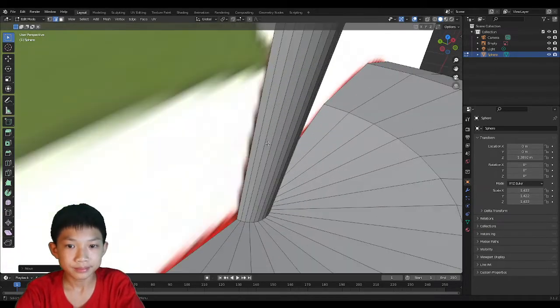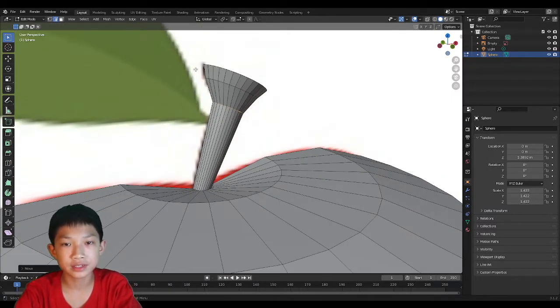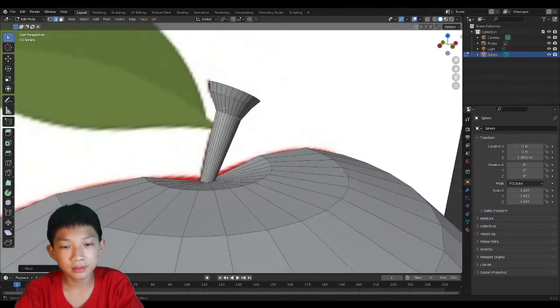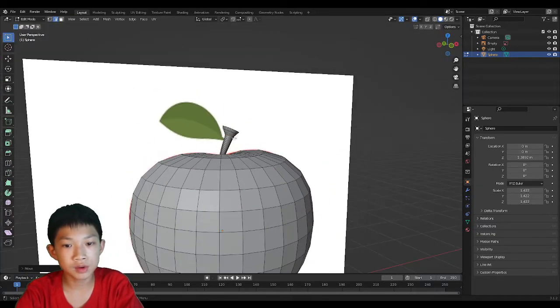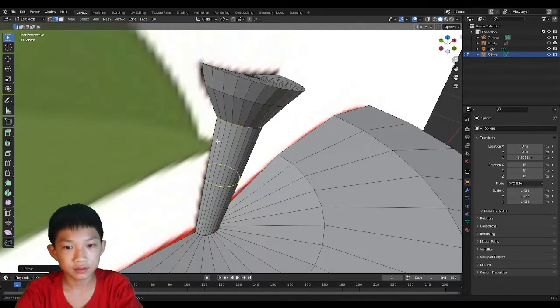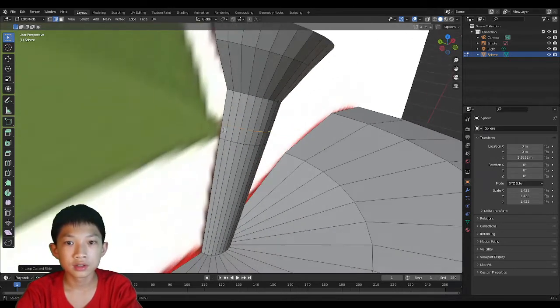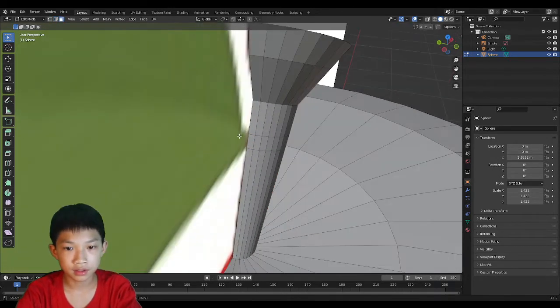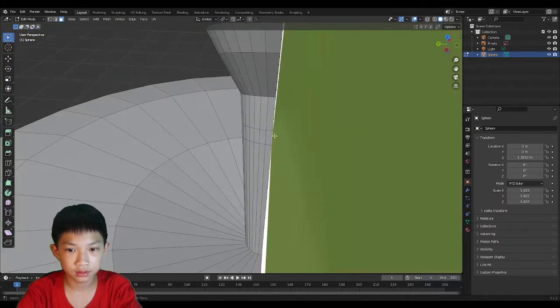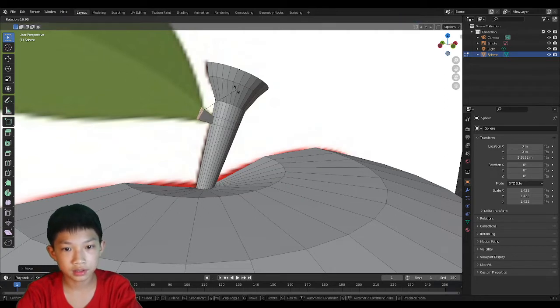So now the stem right now here is okay for me, and it might not look that good, but soon we will do the subdivision surface to make it look better. So yeah, now loop cut it here and here to make the area for the leaf to come out, and select these two and extrude it, scale it about that,